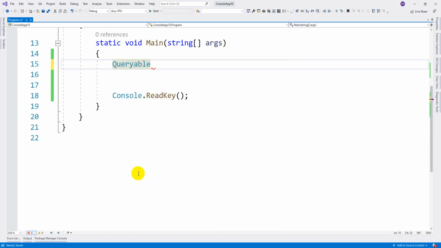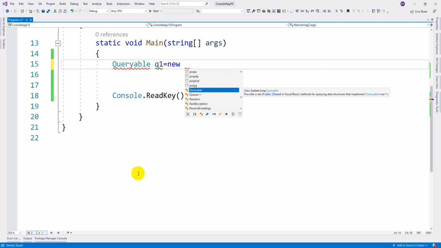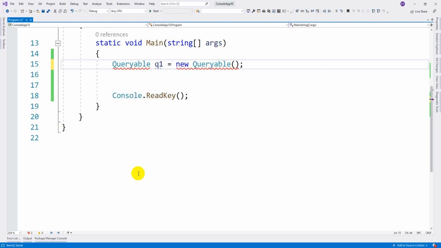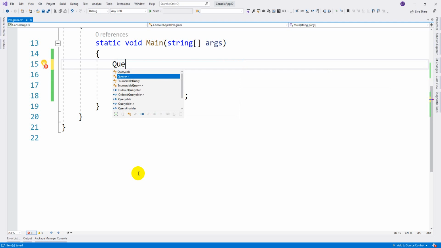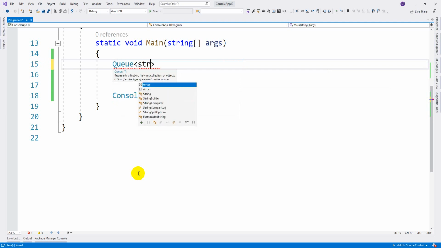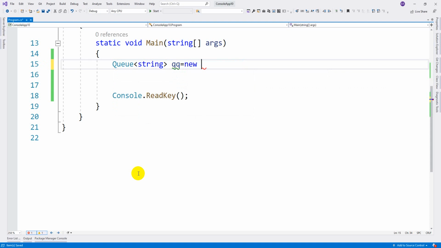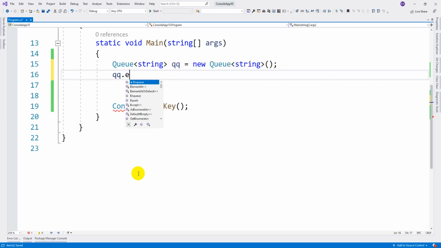So Queue of string q1 is equal to new Queue. Sorry, it's Queue, I am sorry. I am creating an object. As I said, enqueue is an insert operation.